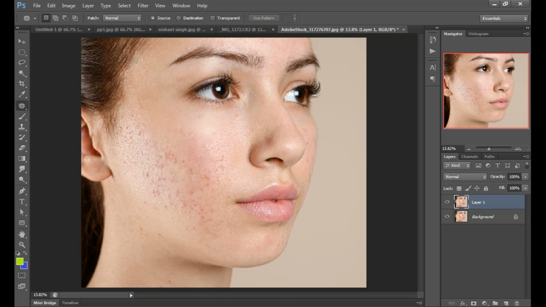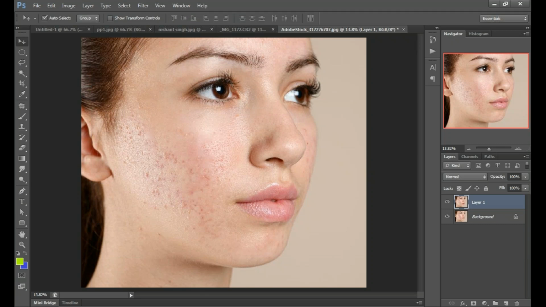But I think her face has a lot of scars, so it will be difficult to remove all of them. So I think we can move further to the next section. Actually, it's not difficult, but it requires more processes. Yeah, very true. The main thing we require for this type of editing is patience.